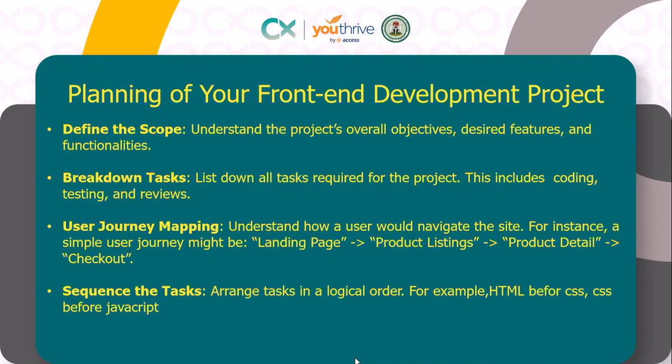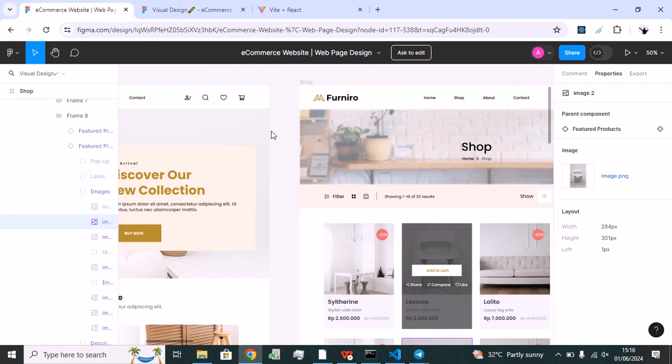Adding to the breaking down of the tasks, let's consider the next one: user journey mapping. Understand how a user would navigate the site. For instance, a simple user journey might be from the landing page to the product listing, to the product details, and to the checkout. So if you don't understand how a user will flow from one page to another, it is good you ask the designer that gave you the job, or you can ask the product manager, or better still, you can use